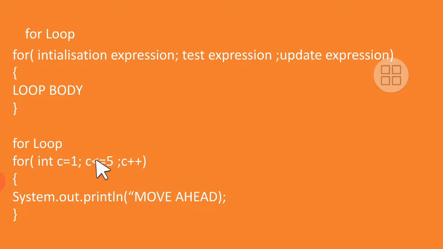Then we check 5 less than equal to 5. It is not less than 5, but it is equal to 5. So either it can be less or it can be equal. So this time again it is true. So again control comes into the loop body and move ahead is printed. And then again it goes to the update. What does c become? c becomes 6. Remember, c becomes 6. Then only it becomes false, because c will be replaced by 6 in the background. So 6 less than equal to 5. Is it true or false? It is false because c is greater than 5. So when it becomes false, the loop is over.